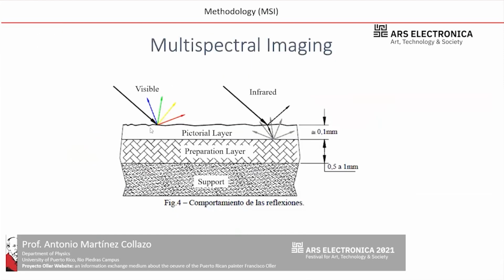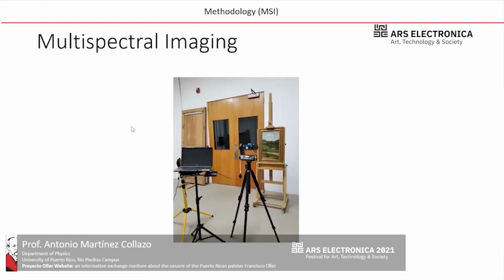Okay, we also have multi-spectral imaging, and in this case, infrared light is shined upon the sample, or ultraviolet light, which is not illustrated here. The infrared light interacts less with the pigments, which interact mostly with the visible light, and does penetrate into the preparation layer, for example, and at any interface allows for the imaging of any underdrawings or pentimenti in the painting. Our setup is shown here, with an infrared-sensitive camera